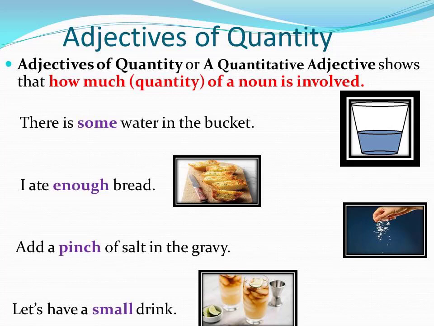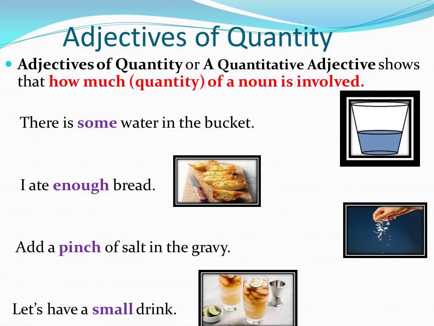For example, there is some water in the bucket. How can we identify the adjectives of quantity in this sentence? It's very simple. Just ask the question how much to the noun. How much of water? There is some water. In the first sentence, some is called adjectives of quantity. In the second sentence, how much of bread did you eat? I ate enough bread. Enough is called